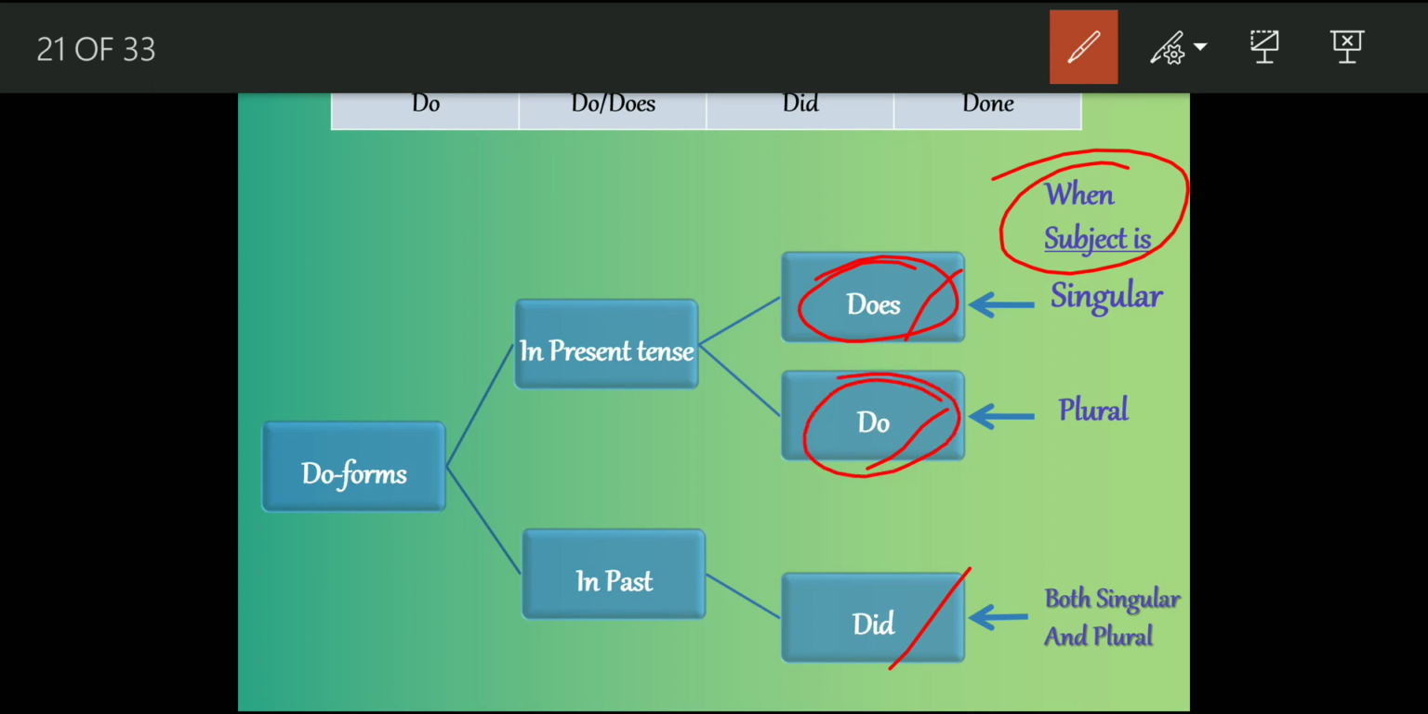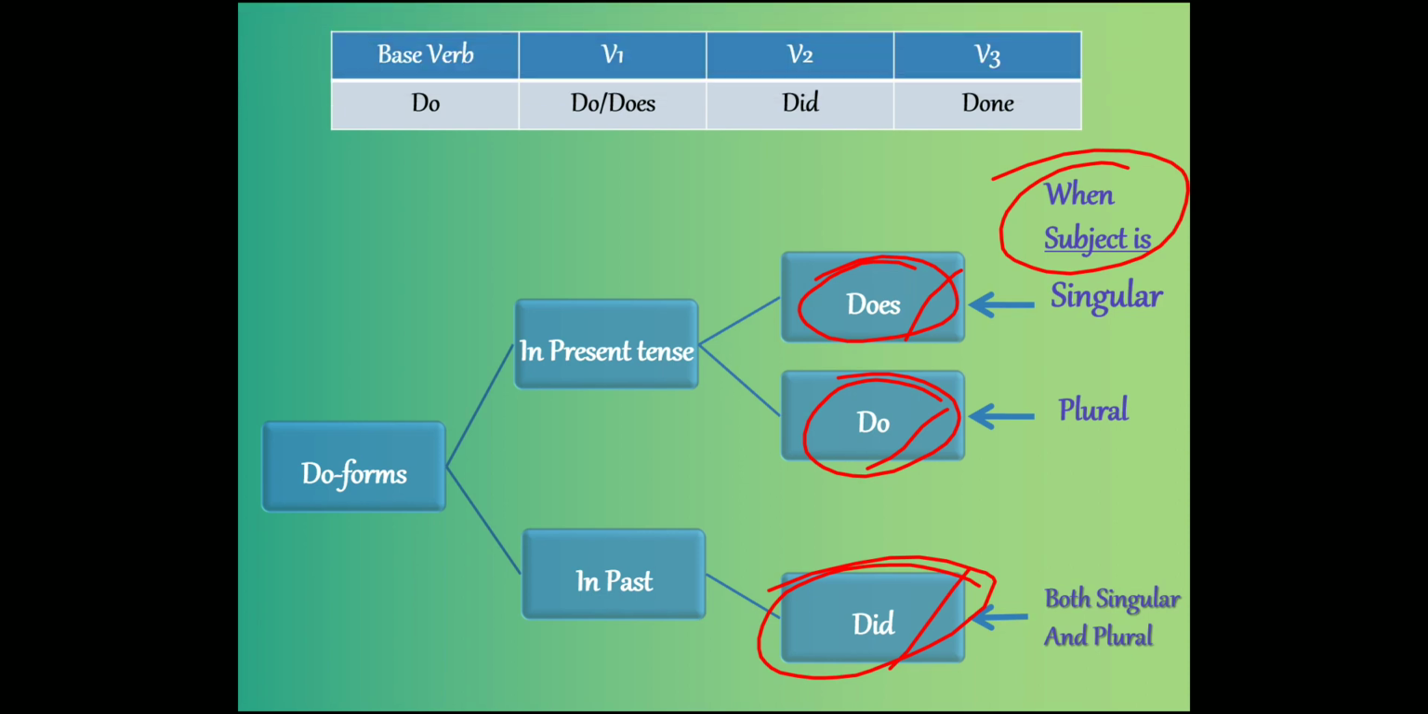For first person singular and for second person, what we always use is do. And for both plural and singular subjects, in past tense we use did. Yes, we have already seen this. And then the next thing we have to see is